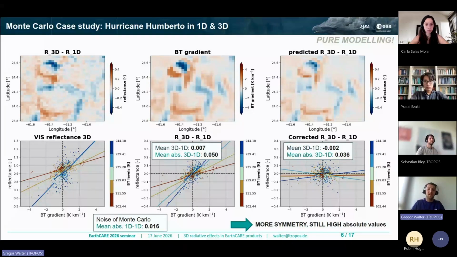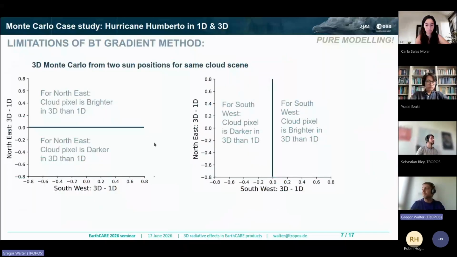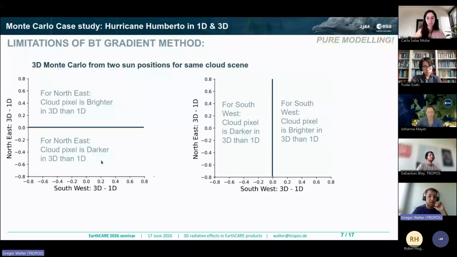And to disentangle which effects are from the cloud top and which effects are not related to the cloud top, we have performed the same Monte Carlo simulations, but just from the other sun position. So we have the initial sun position in the southwest, and we have performed another simulation for the northeast. And to explain the upcoming plots, we have here on the x-axis the 3D minus 1D from the